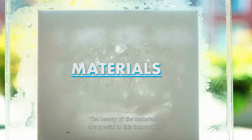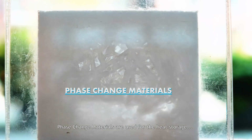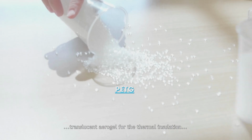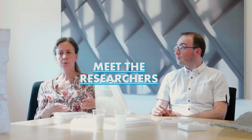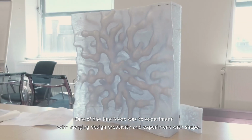The beauty of the materials is special to this innovation. Phase change materials are used for the heat storage, translucent aerogel for the thermal insulation, and PETG is used in the 3D printing process. One of the underlying ideas was to experiment with merging design creativity and experimenting with shape,